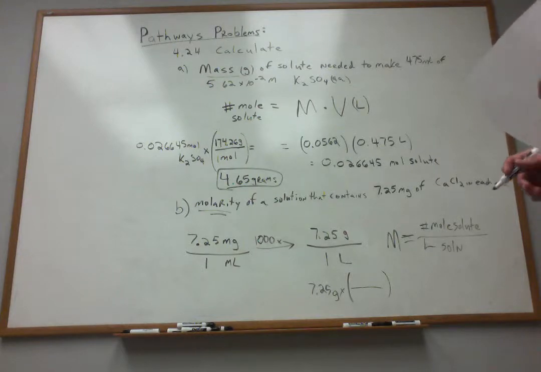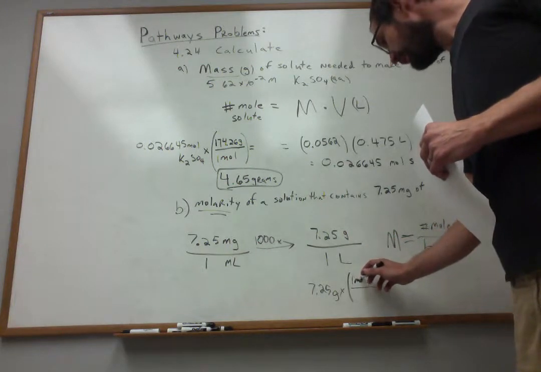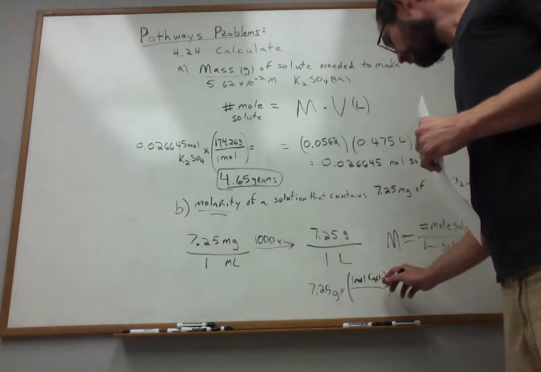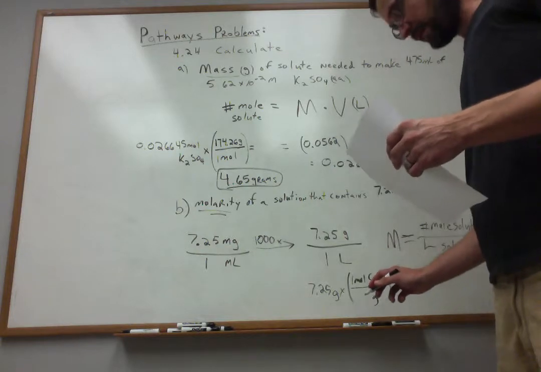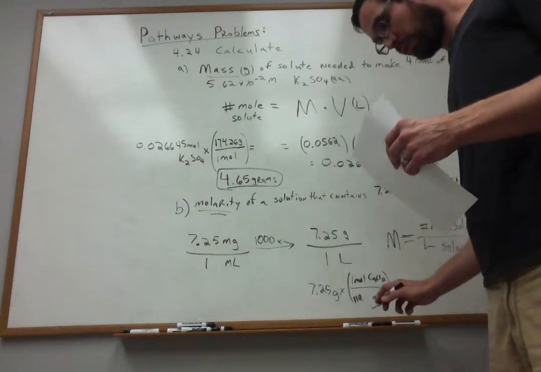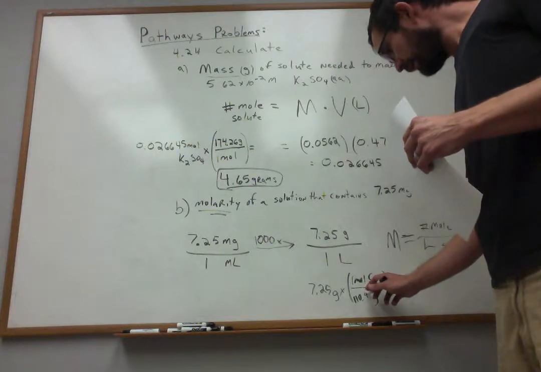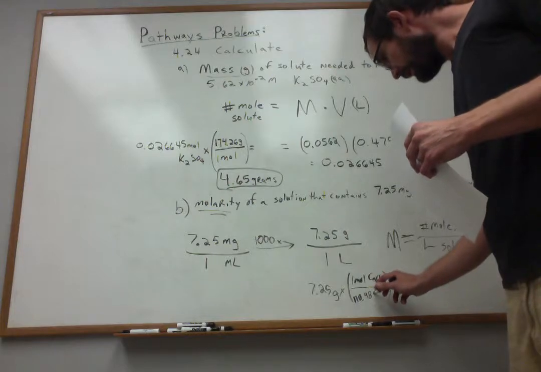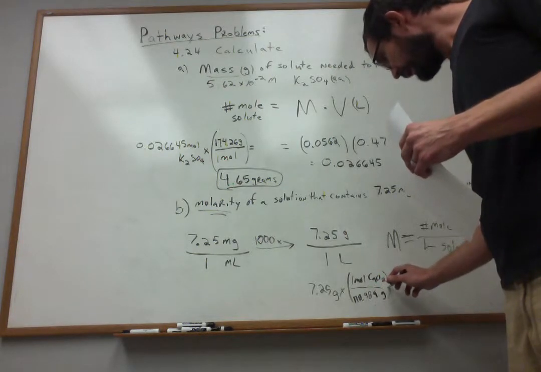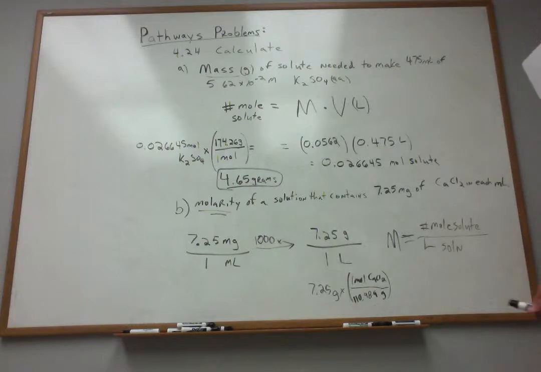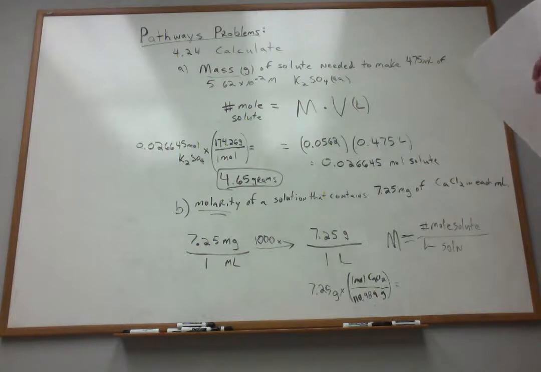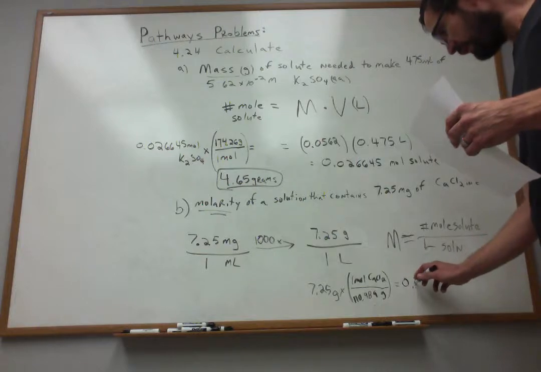As easy as that. So 1 mole of my solute, here that's calcium chloride, has a mass of 110.989 grams per mole for the calcium chloride. Again, I just added up the parts to get that number. It's the molar mass of calcium chloride. So if I do the division with that, I find that I've got